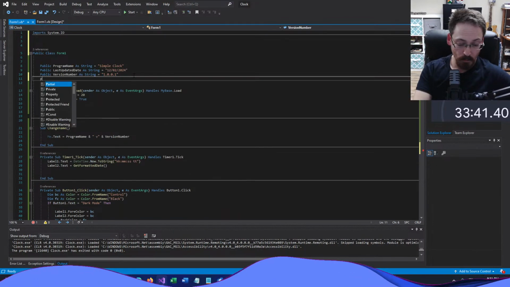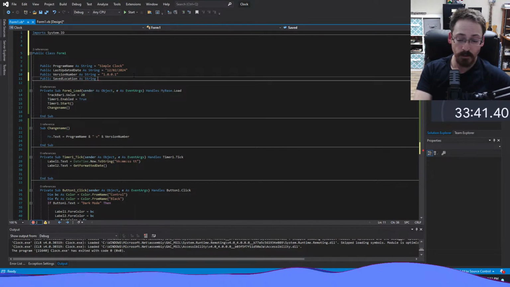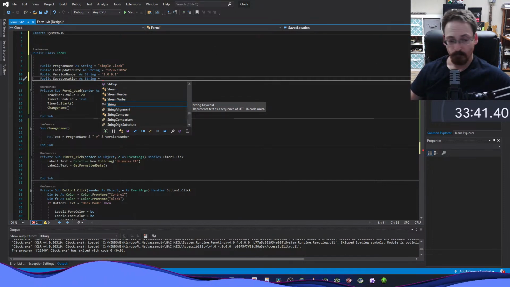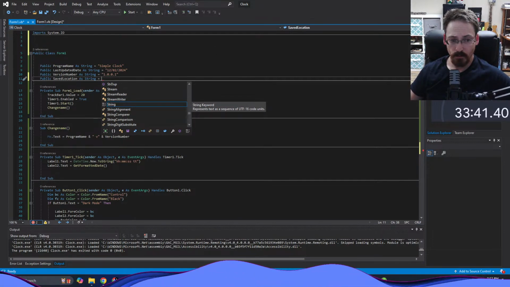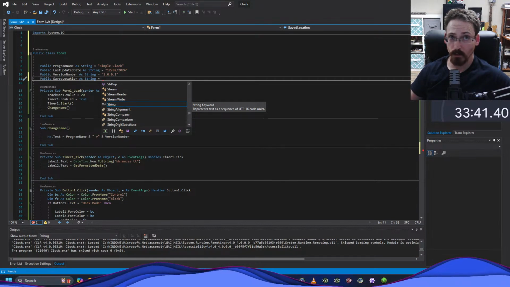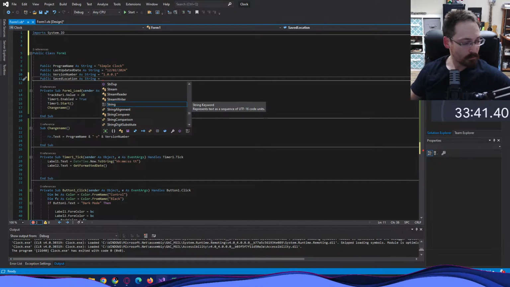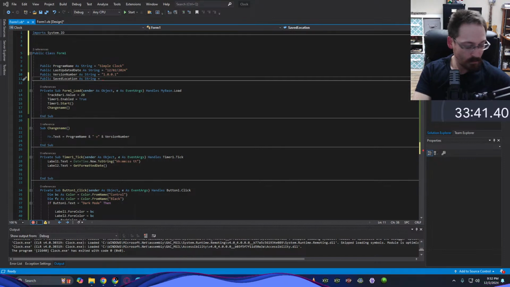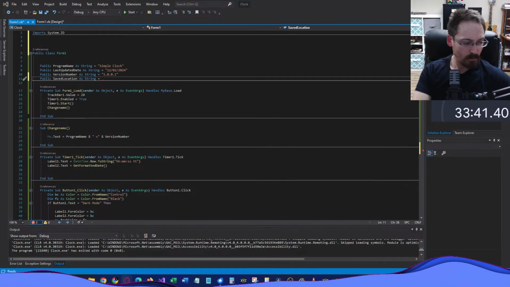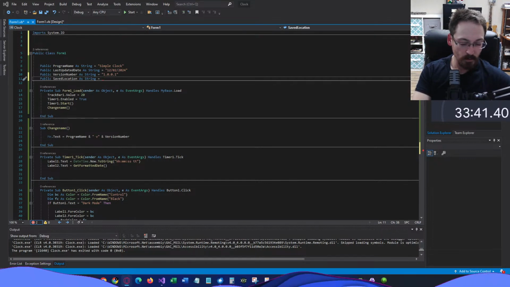We are going to have public saved location as string equals, and then I need the core directory for, you know what, let's just have it in my documents. It's fine. What is the directory for